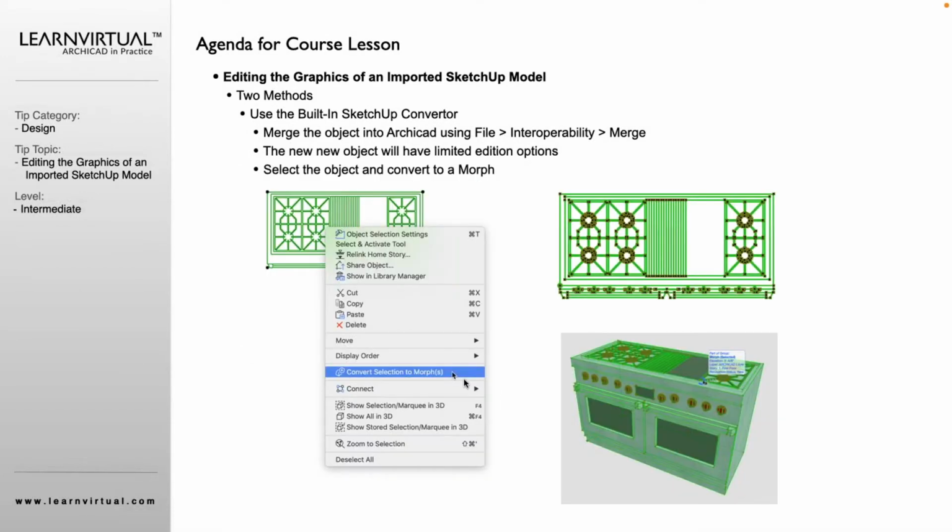So what you want to do is select that object in Planner 3D, right-click it, and then select Convert Selection to Morph. When you do that, it's going to convert it into morphs, much like we were talking about earlier, like SketchUp style modeling, right? These are independent elements that you can push and pull, that you can edit and manipulate, but